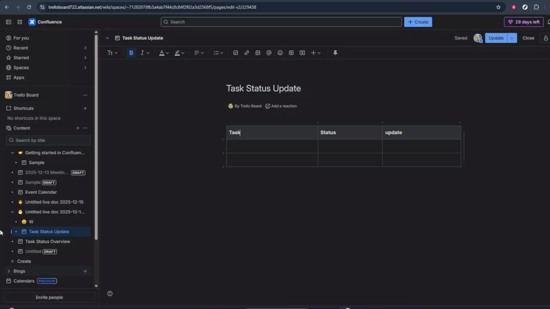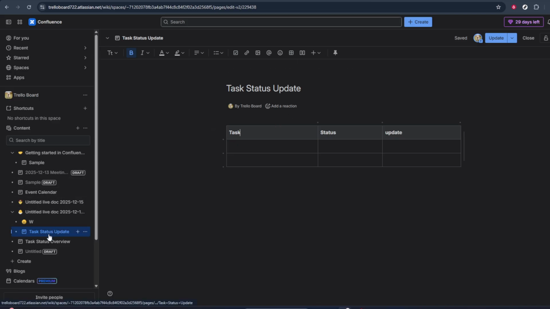In today's video, I'm going to teach you how to resize a Confluence table. Resizing tables might seem like a small thing, but it makes a big difference in how easy your pages are to read. When your columns are too narrow, your text looks squished. If they're too wide, you waste space and the page feels unbalanced. So in this walkthrough, I'll show you exactly how to adjust your table layout so your content looks clean and